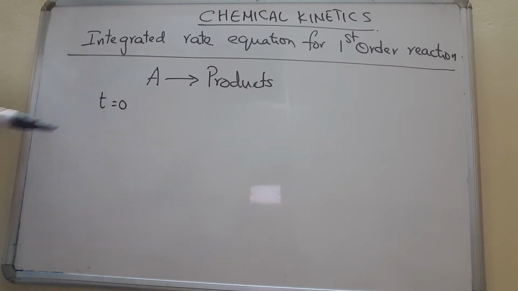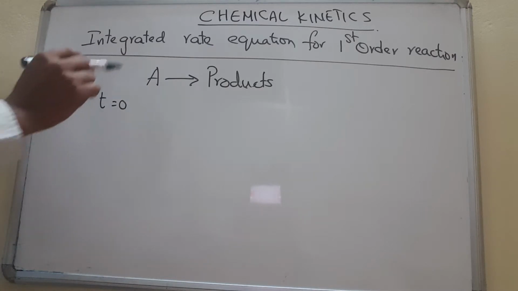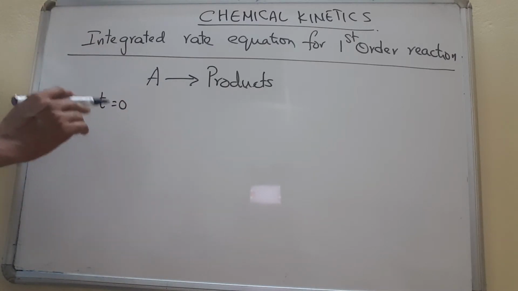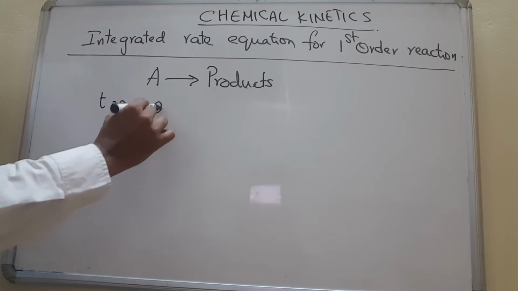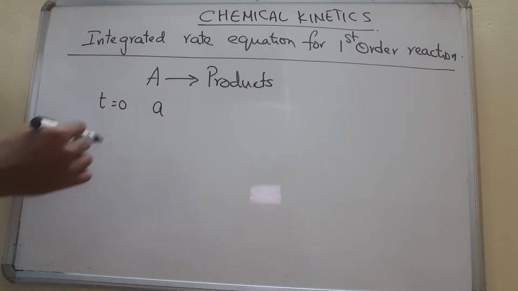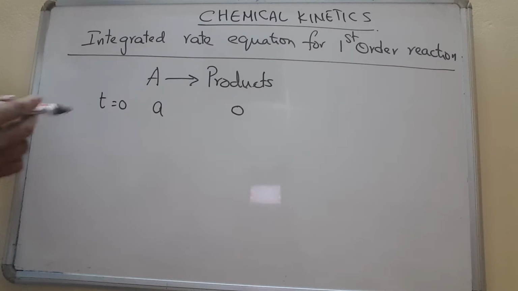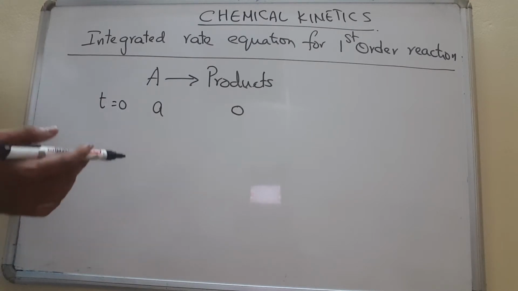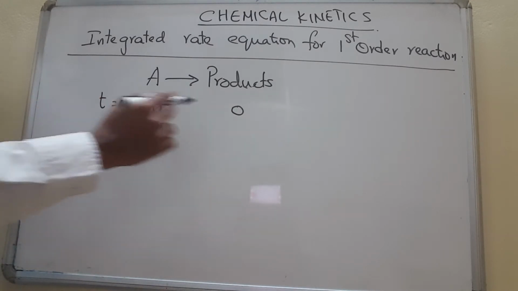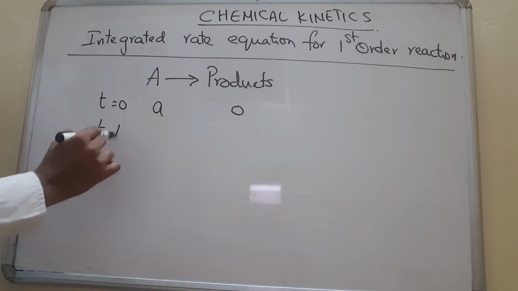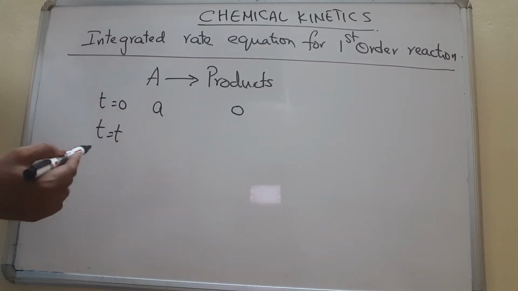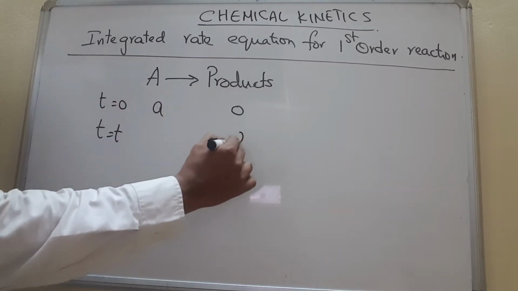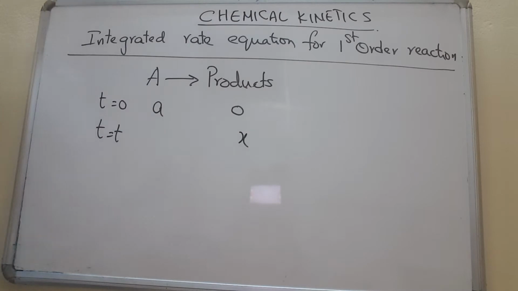is equal to 0. It is very important to remember in this video. The initial concentration at time t is equal to 0. Time t is 0 means the reaction has not been started yet. At that time, the concentration has been taken as a moles per liter. That time the product's concentration is 0 because before starting the chemical reaction the product's concentration is 0. Then at time t, that means after some time, whatever it may be the time, A is consumed and product is formed as x moles per liter.